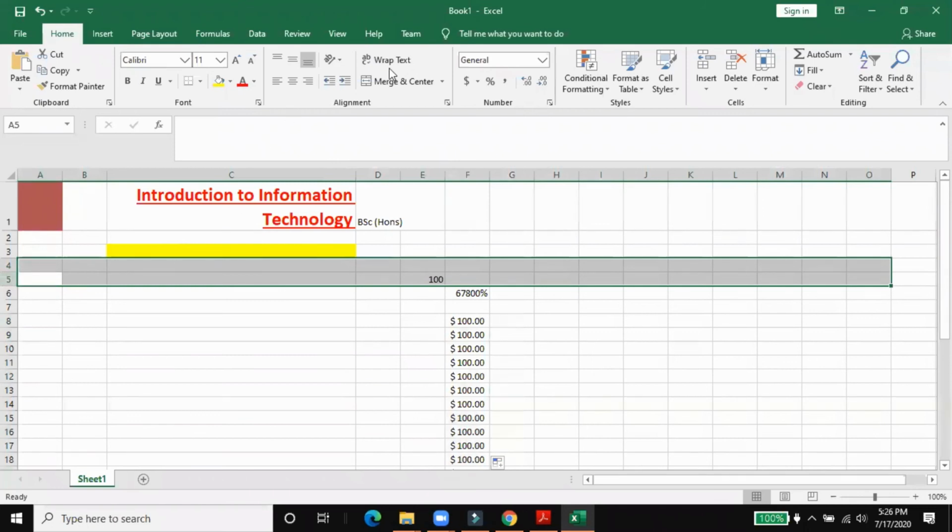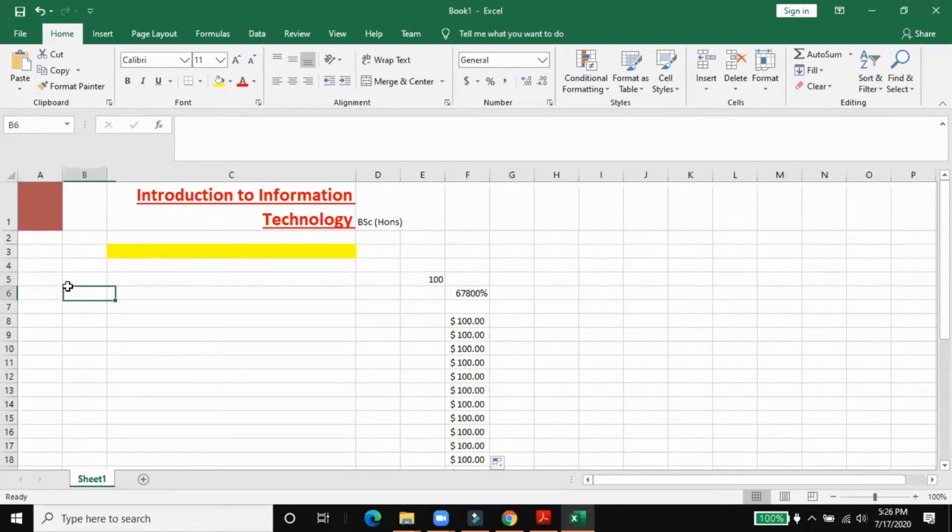Minimum two cells, and maximum is unlimited, your choice. If I only want to choose these two columns, then we select the columns and go to merge and center. Then they merge the two cells.